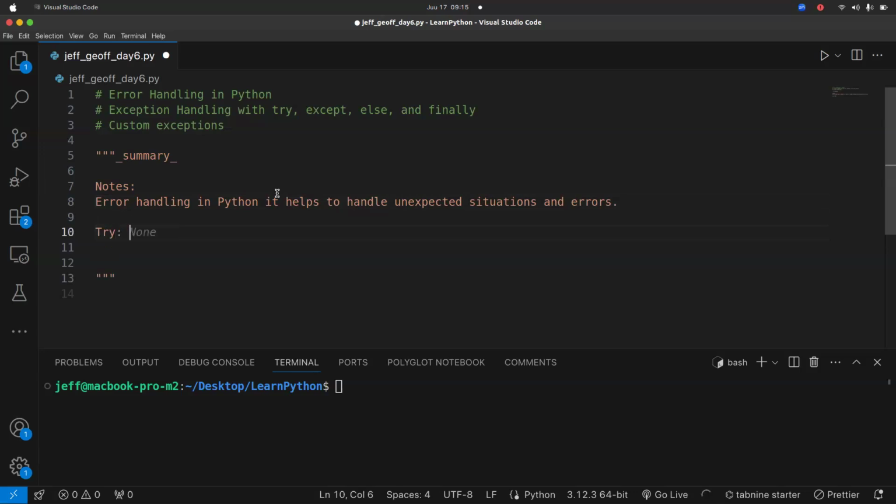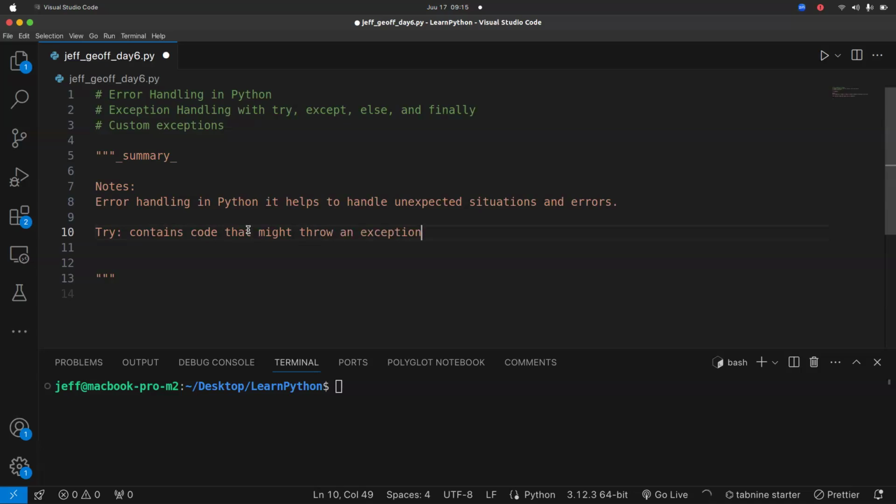The try contains code that might throw an exception.